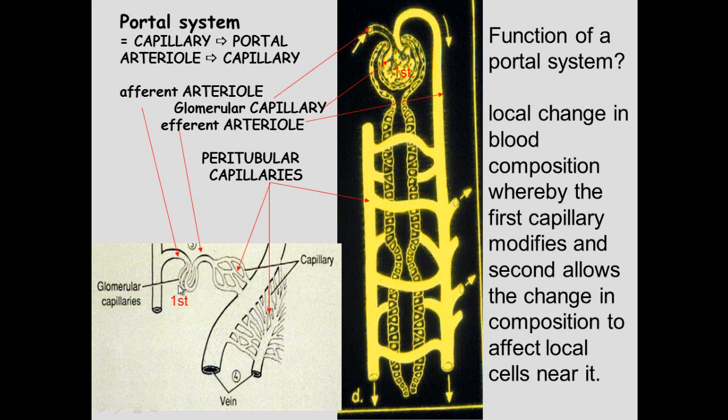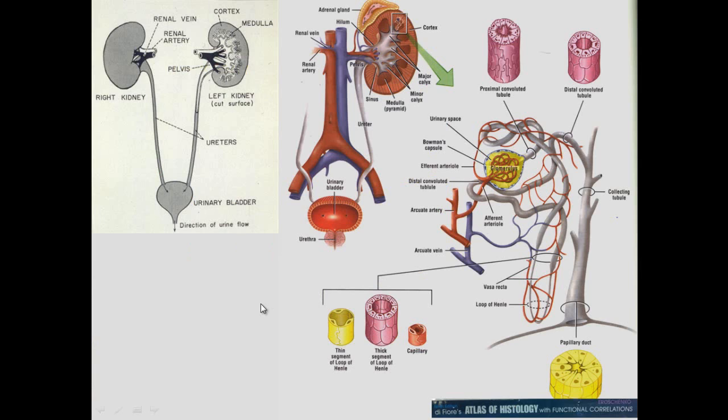So the first capillary network is the glomerulus, and the second capillary network is the peritubular capillaries. And we'll revisit the peritubular capillaries. Here you can see the peritubular capillaries go around the nephron as well as the loop of Henle. So in the kidney, we have the cortex and the medulla, and you have the pelvis that is continuous with